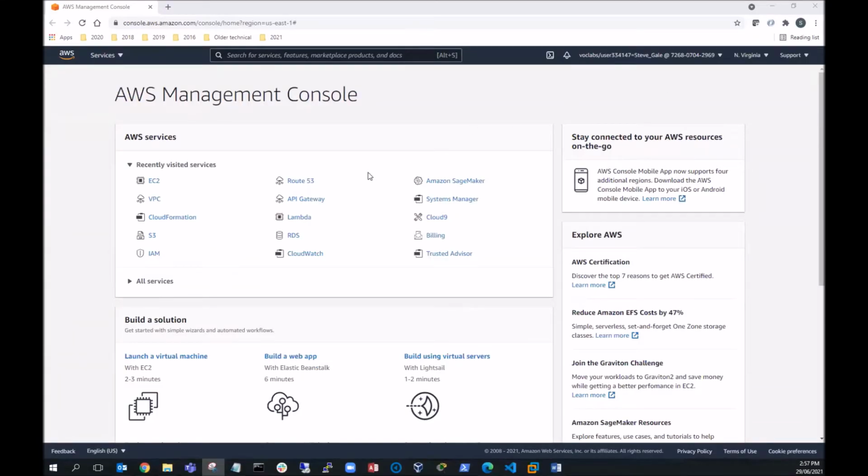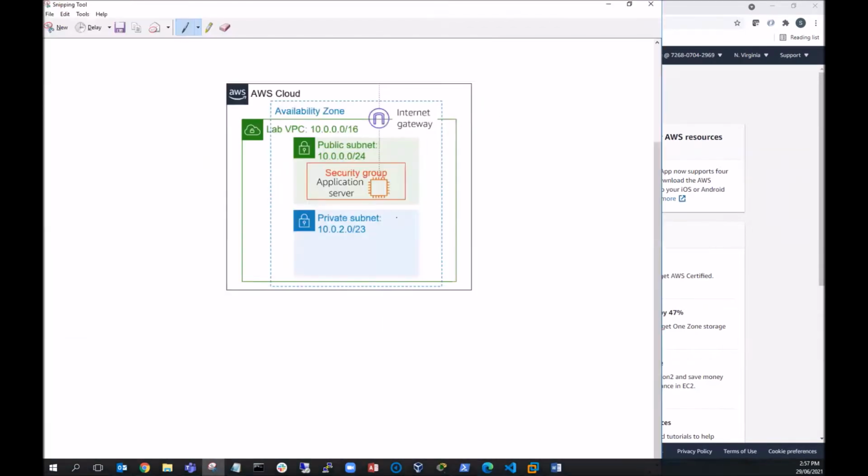Hi, Steve Gale here. In this video, we're going to create a VPC, a public subnet, and a private subnet in AWS Cloud. And we're going to launch a web application server that is being firewalled inside of a security group according to this diagram here. So you can see here that we've got our VPC, which is, we're only going to